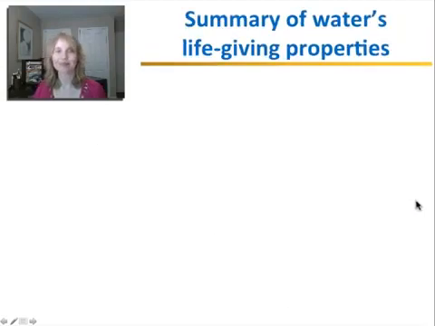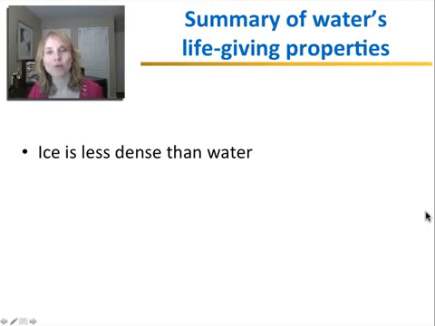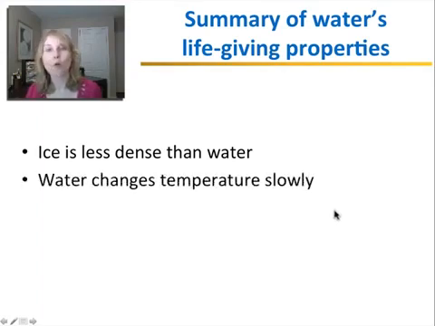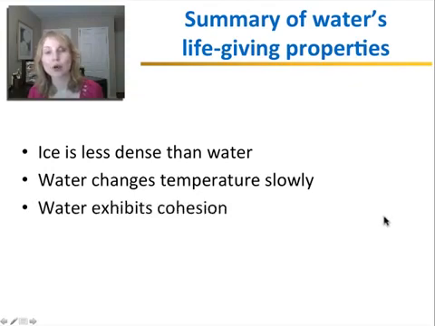So let's summarize all of water's life-giving properties. Ice is less dense than water, which can protect organisms that live in the water during the winter. Water changes temperature slowly, which moderates the internal temperature of organisms. Water exhibits cohesion, which gives it surface tension that allows certain insects like the water strider to walk on water,